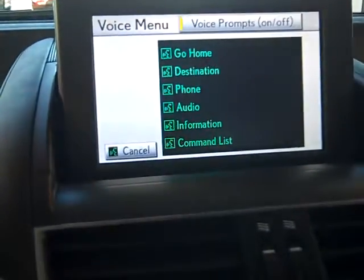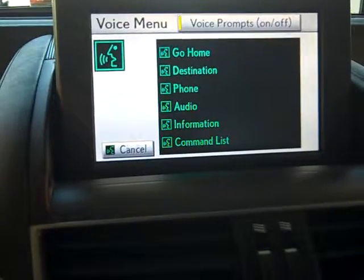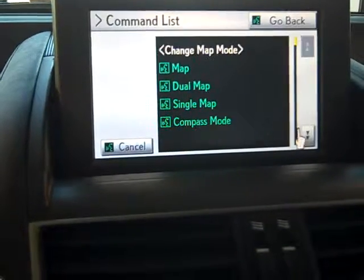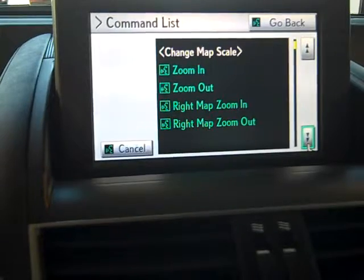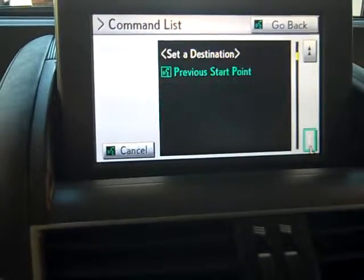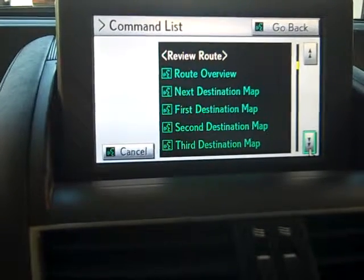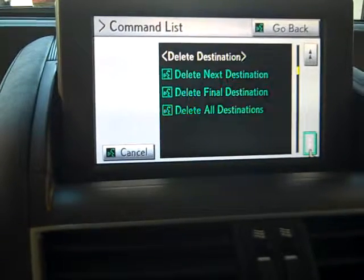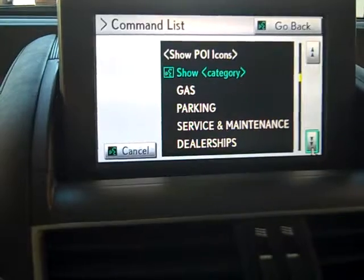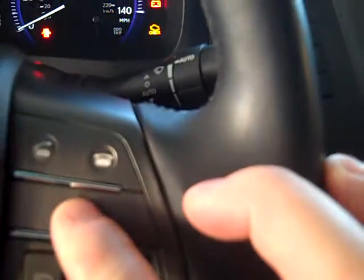The talk switch is able to do a lot of different voice commands. After the beep, please say a command such as command list. The different menus that I'm scrolling down through are the different commands that you can choose. So if you hit the talk switch, you would then want to say whatever is in green. It is very important, so if I use this for an example and I hit the talk switch right down here,